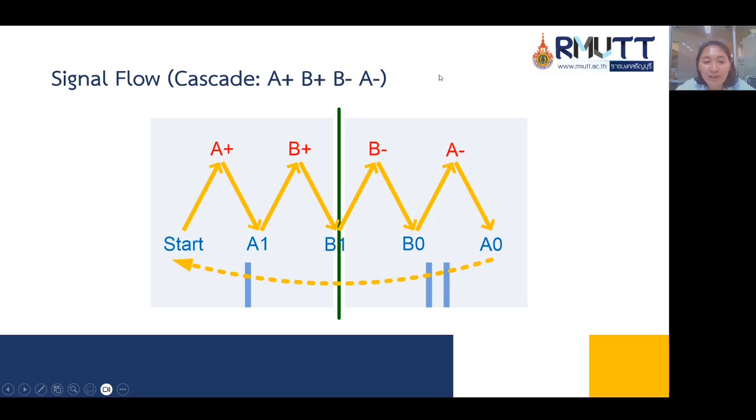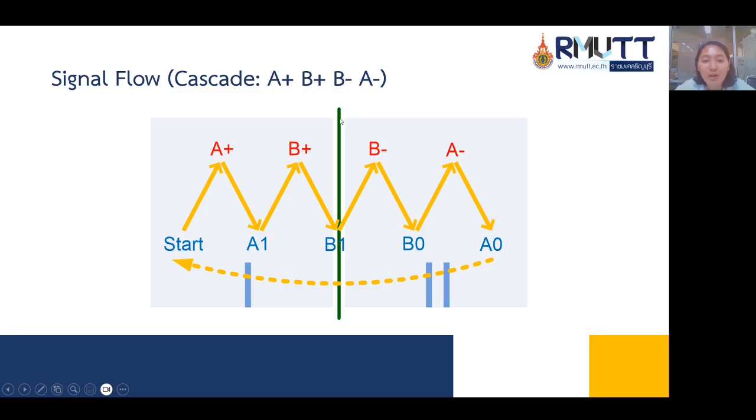As we know, the cascade is determined by looking at the signal flow: when there is the same symbol, like in this one the B symbol, and the condition plus and minus is near, B plus and B minus are near.